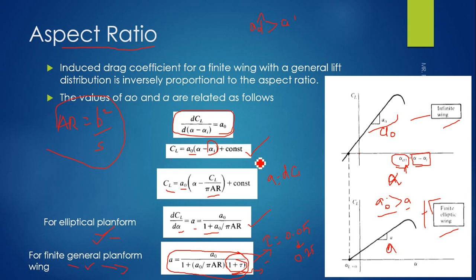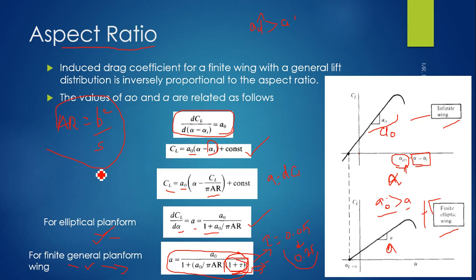Actually, this is apart from this. They have given the values only. This 1 plus tau and all is simply Fourier coefficients only. They have derived these Fourier coefficients, and from that only they are calculating this 1 plus tau and all. It is a constant value only. They have never prescribed anything specific for that, so the value of that constant will range between 0.05 to 0.25. The main thing you want to focus on here is that there are two types of lift curve slope.